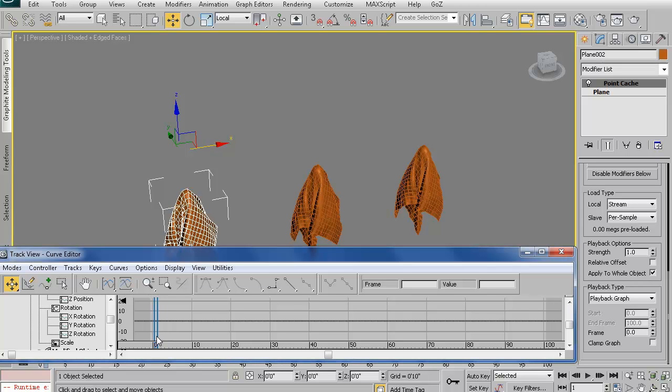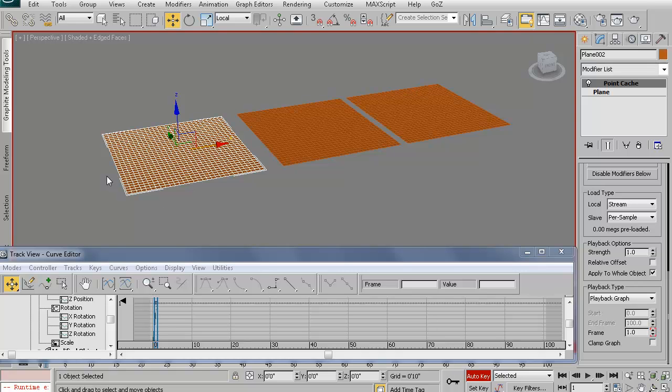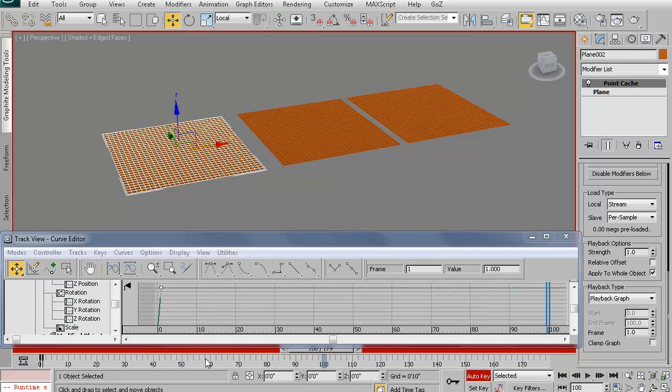Now here, what you can do is you can key between the first frame of the animation and the last. So turn on auto key, and I'm going to click back to frame 1. So frame 1, these are all going to get the same setting, which is right there. It's frame 1 for the first key. And let's say I wanted to run it a little slower. So instead of finishing up at frame 100, I'm going to hold Control and Alt and right mouse button and drag. You can scale and enlarge that playback range. I'm going to go all the way to frame 200,